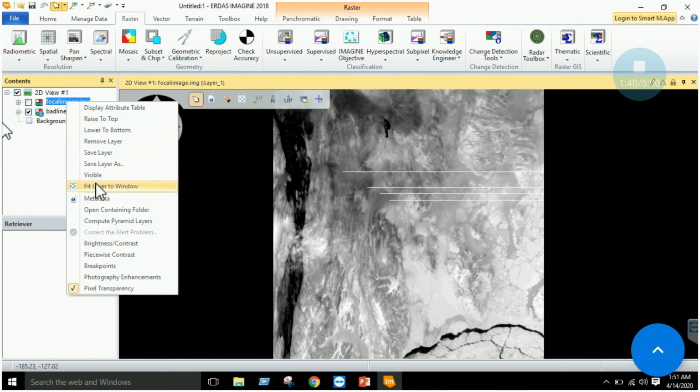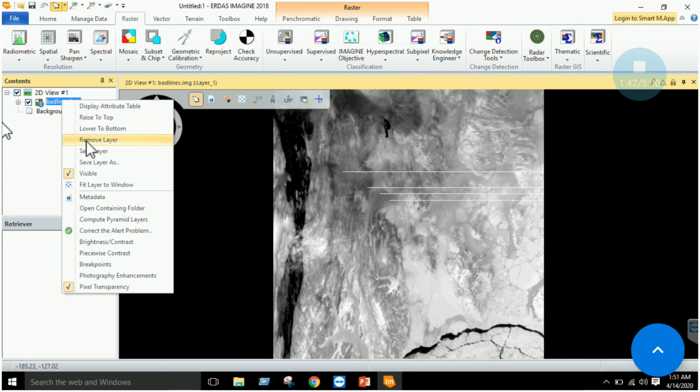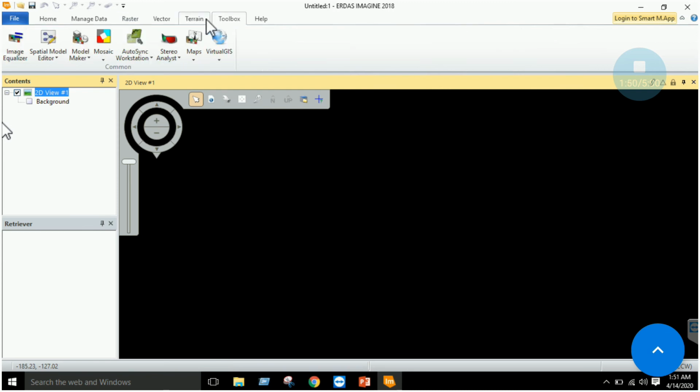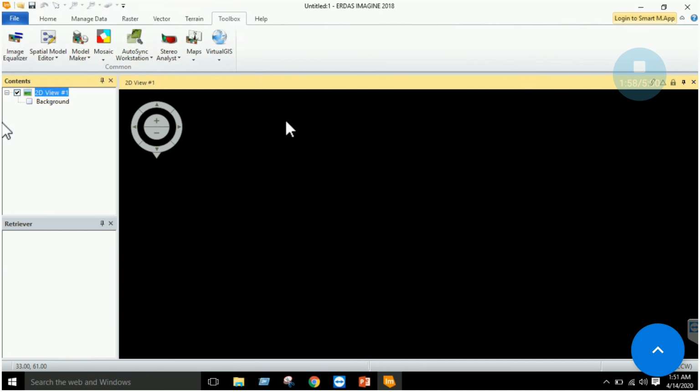Now the next thing is to get a basic introduction of ADAS model maker, which will be discussed in the coming labs. We have to go to the toolbox section and click on this model maker. Now ADAS model maker allows you to define a model.